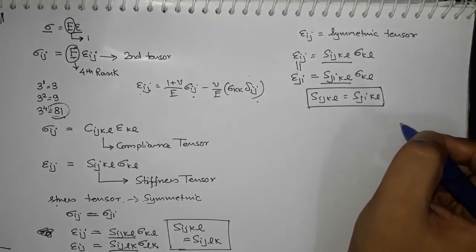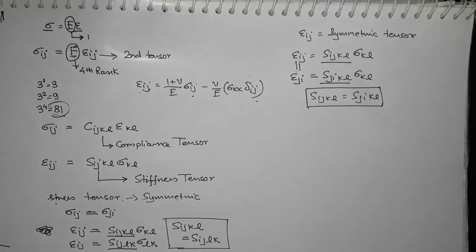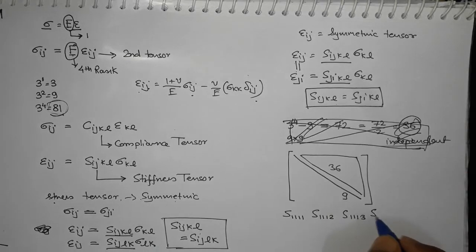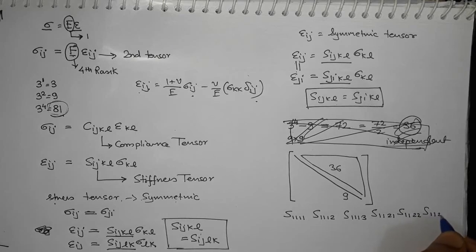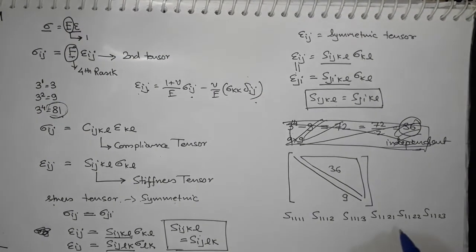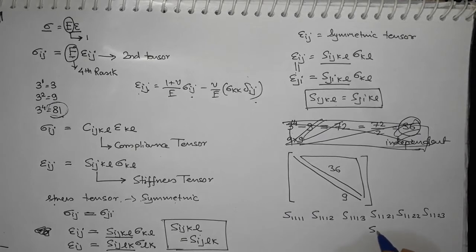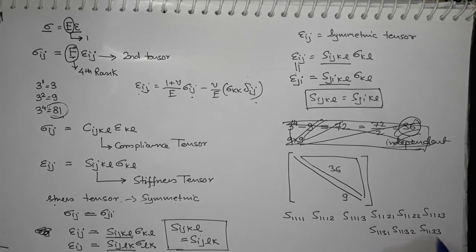Now we know that there are 81 components in our tensor. Let's take S1111, then S1121, S1122, S1123, and then we will have, so 1 2 3 4 5 6, and we need 3 more, right? And the last 3 components will be S1131, S1132, and S1133. Okay,